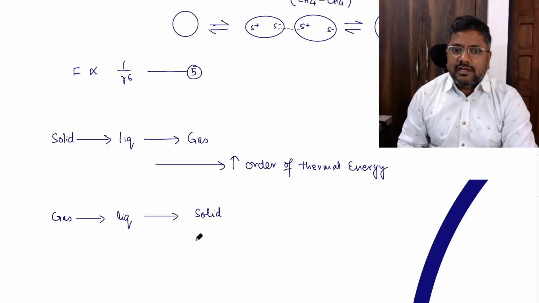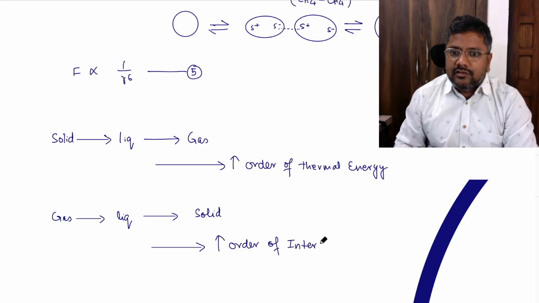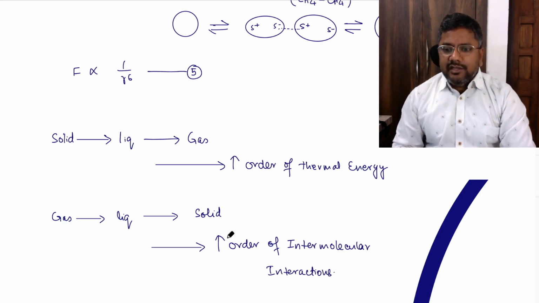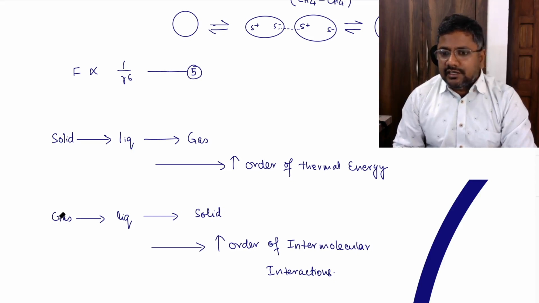So this is the increasing order of intermolecular interactions. Means the maximum intermolecular interactions are there in solids, least in the gaseous phase,